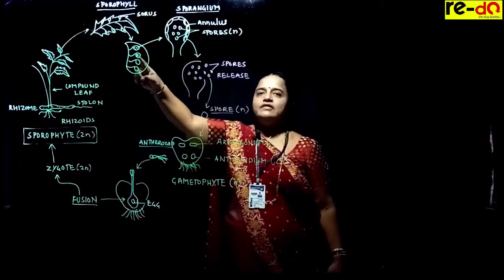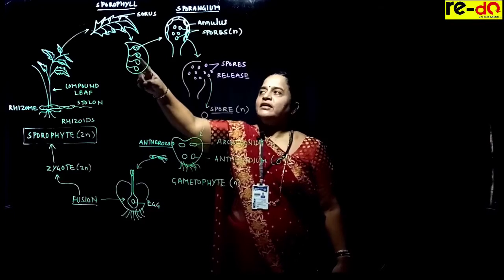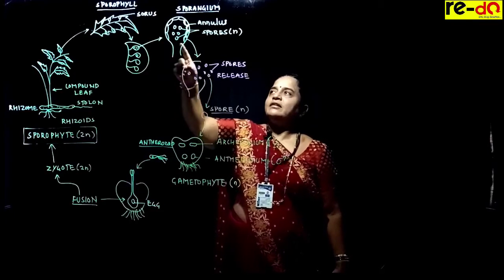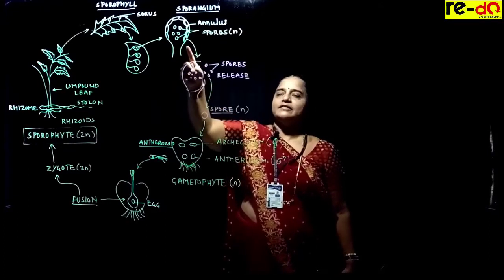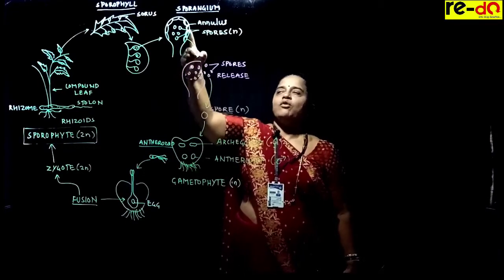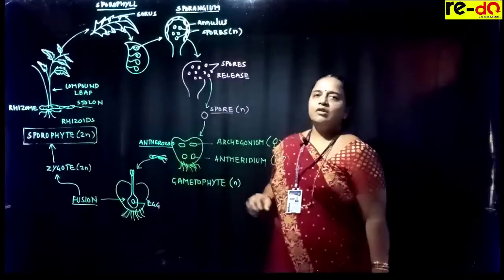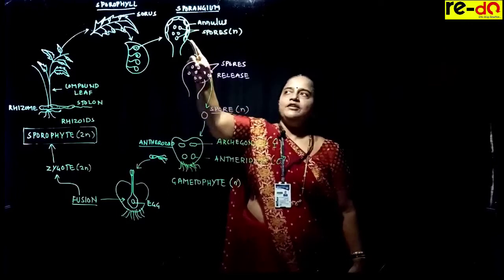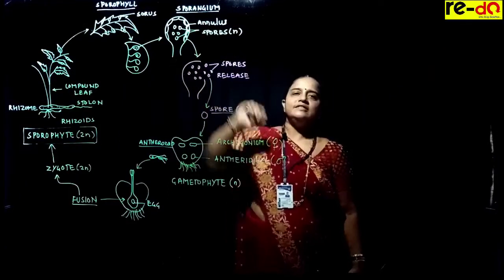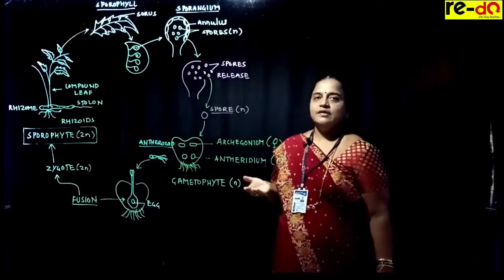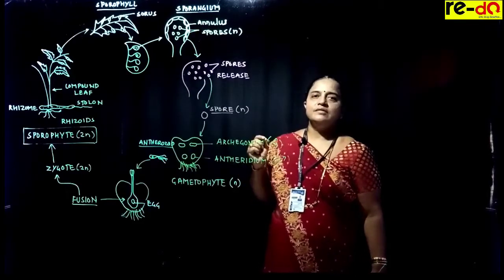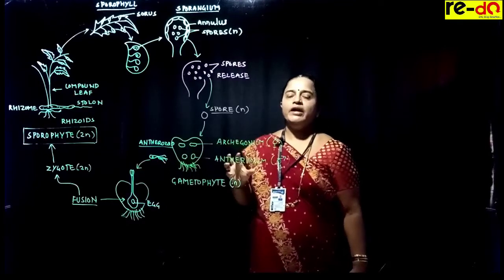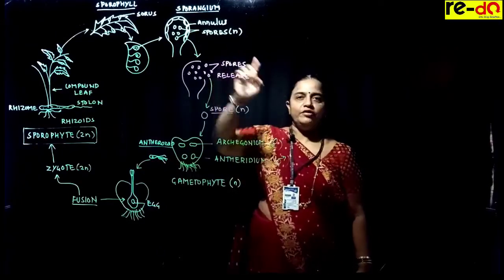Inside the sorus, these are called sporangia. Each sporangium, when you magnify it, looks like a sac having a jacket wall. The cells of the jacket wall are thin walled and thick walled. The thick walled portion is known as the annulus. Now inside, mother cells are there which undergo meiosis, and by meiosis they produce haploid spores. So the sporangium provides the place for the development of haploid spores.